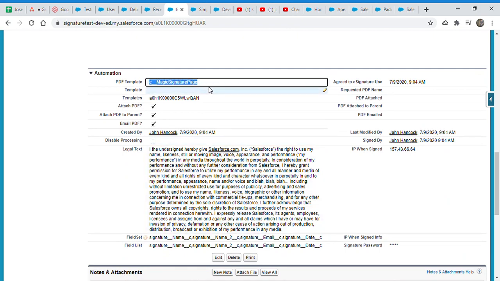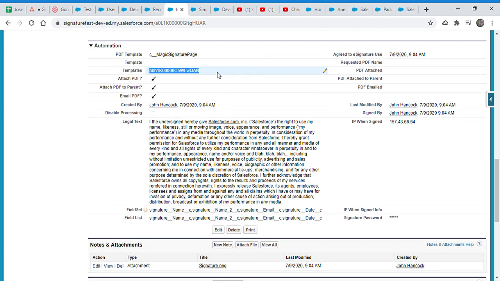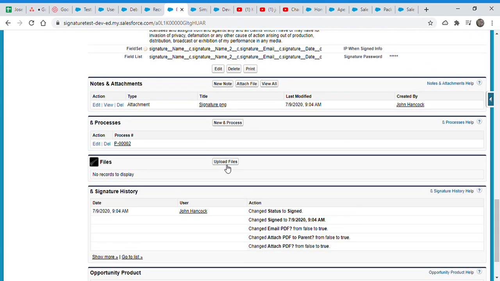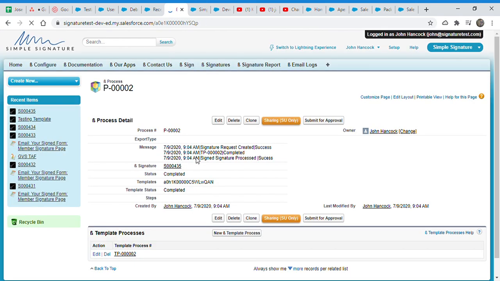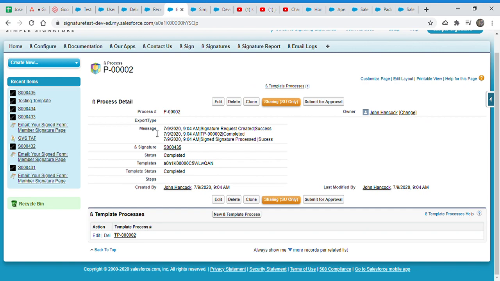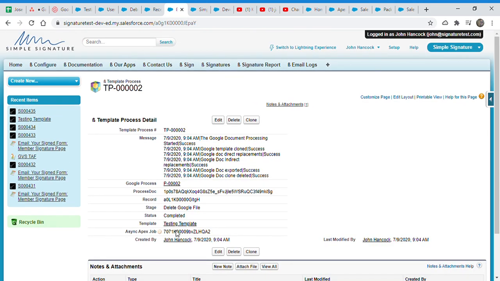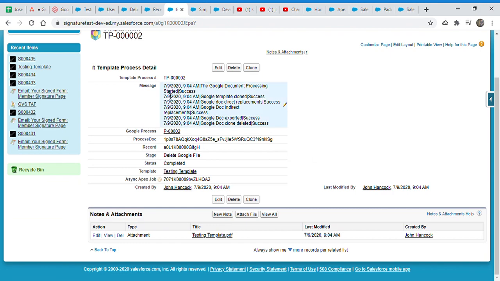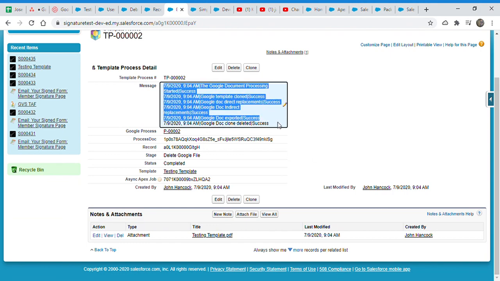The magic signature page will be skipped because it's got the template ID here. Okay, and you see the processor and processes, and this process has only one template process, and then this template process has the messages, cloning and everything.